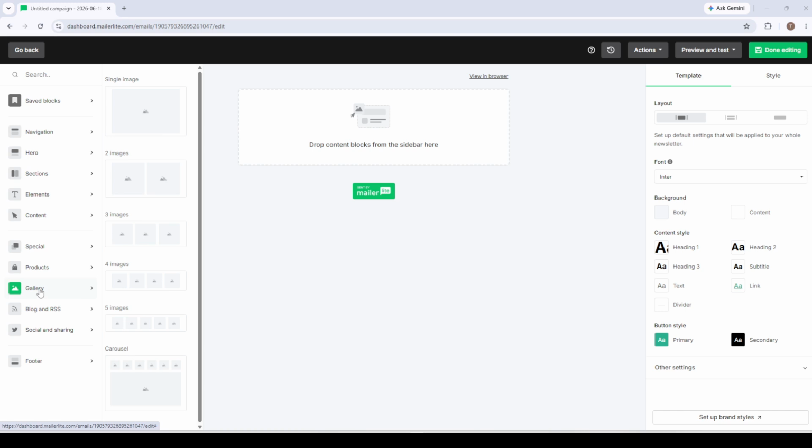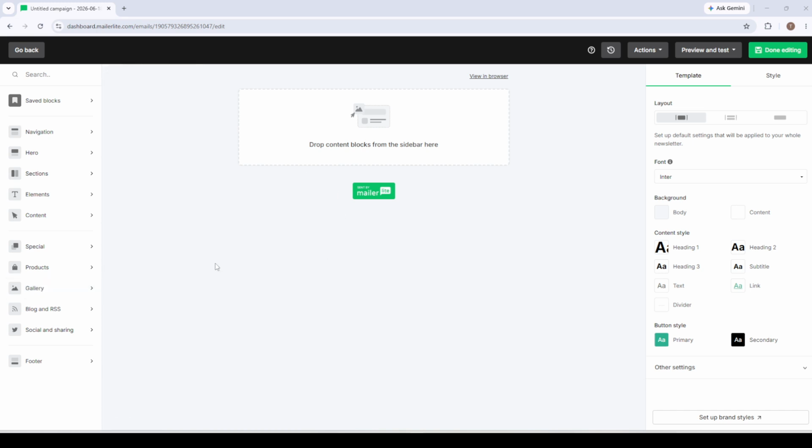We're going to cover two different approaches, and I'll walk you through each one step by step. The first method, which I personally recommend for most situations, is using the gallery block. This is by far the simplest way to display multiple images side by side in a neat, evenly spaced grid, without having to fuss with individual column settings or alignment tweaks. It's perfect for showcasing a product lineup, a portfolio preview, or even a simple collection of photos from a recent